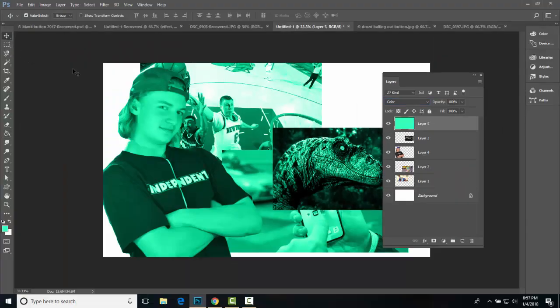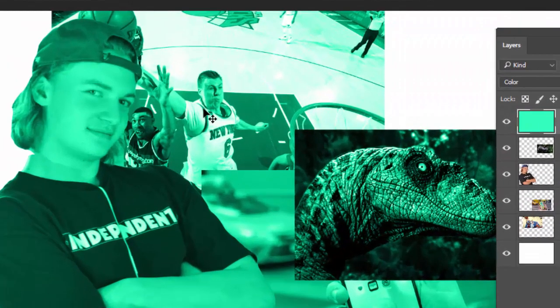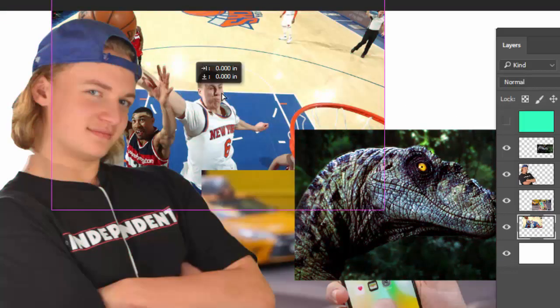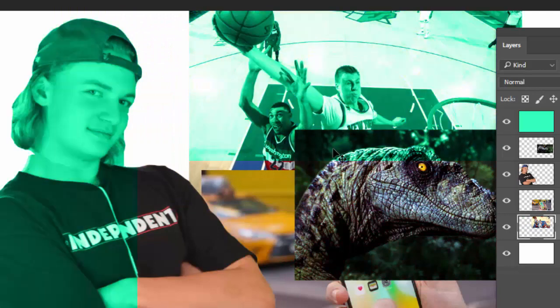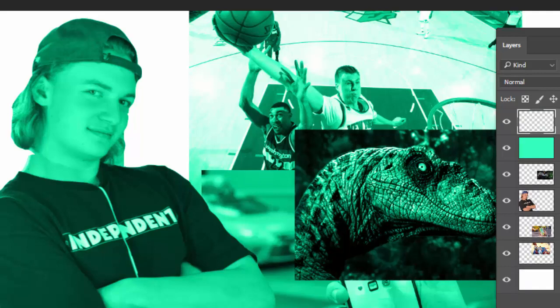and that looks pretty amazing. Now if I use the move tool right now and I wanted to grab Porzingis, for example, it wouldn't move Porzingis. Instead, it's moving the green because the green image is on top. If we want to hide it, we can simply click this eye, shift Porzingis over, press the eye again, and it's back. We can create a new layer at the top, simply add some text, and let's write